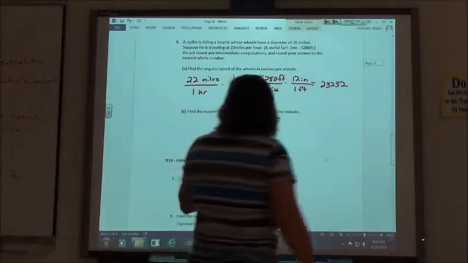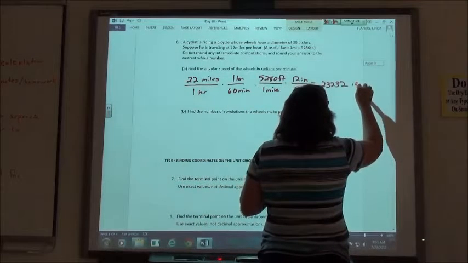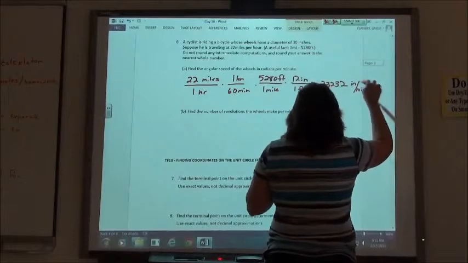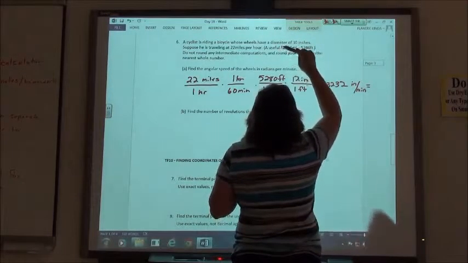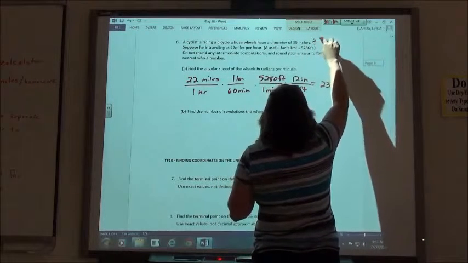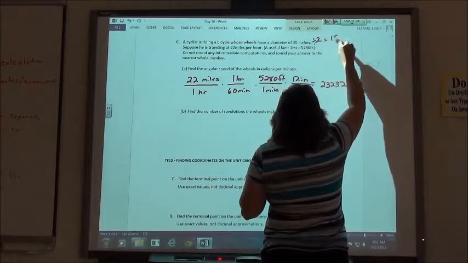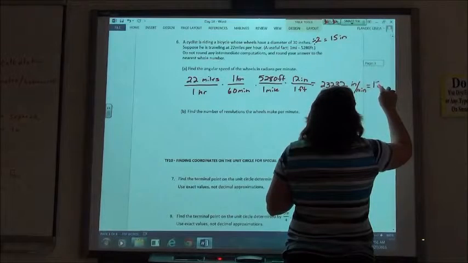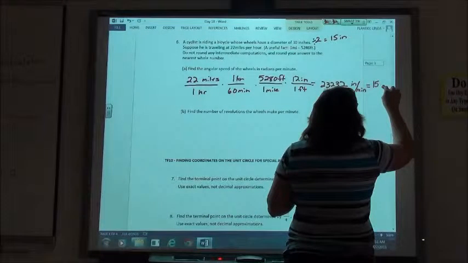This is in inches per minute. We know that the diameter of the wheel is 30 inches, so if I divide that by 2, the radius is 15 inches, so we would have 15 inches